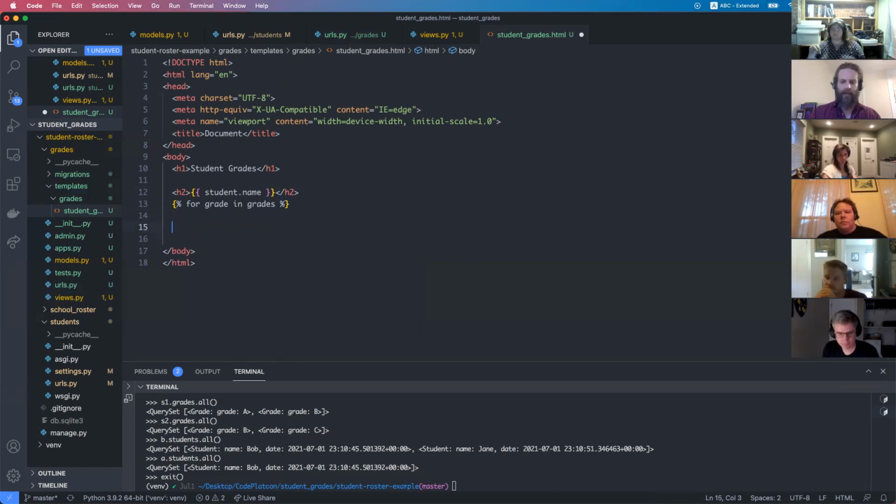And I like to take care of this off the bat so I don't forget. Whoops, and 4. And then we'll just keep it simple. Grade dot letter, I believe we called it. Okay, so